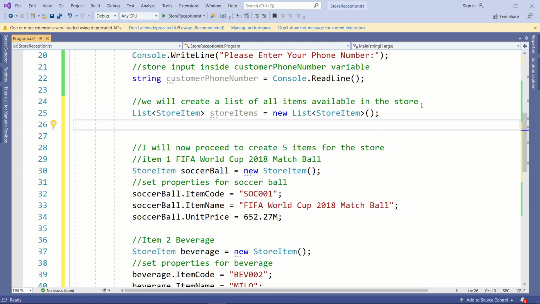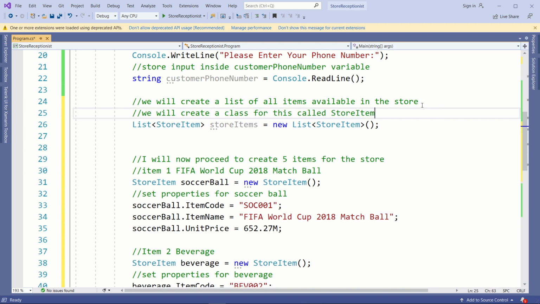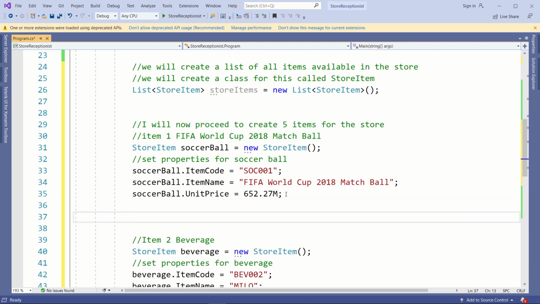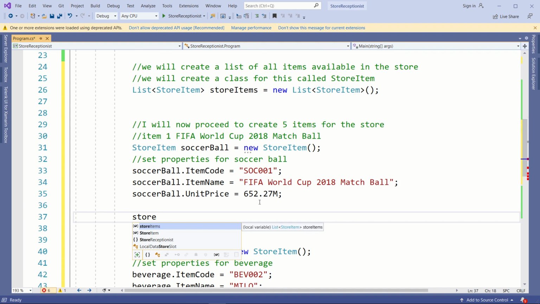Just don't worry. Okay, so it's looking like this. We create a class for store items. So what I'm saying is after creating this soccer ball, I will need to say store items dot